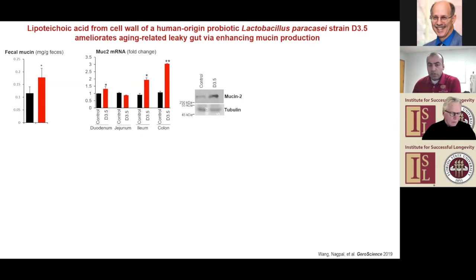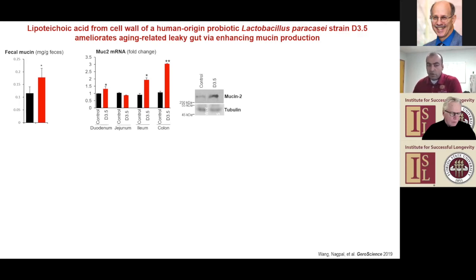We then wanted to get a better understanding of the molecular mechanisms, why and how at the bacterial level this is working. So what we found is that probiotic feeding was increasing the population of one particular bacteria, which is Akkermansia. And Akkermansia is a mucin degrader in the gut. So we wanted to see how it is related to mucin in the intestine. So we measured the fecal mucin, and we found that yes, mice that were given the probiotics had increased levels of fecal mucin in their gut.